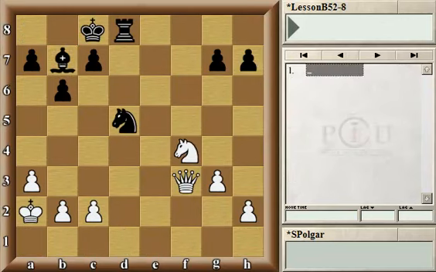Let's move on to our next example. Here we go. In this scenario, it is black's turn, not white. By now, I bet you can recognize that the key actors are the bishop, the knight, and the white queen. They are all on the same diagonal, and black has a powerful knight move. In fact, it seems that they have two of them, and that's the tricky part, to make sure you don't